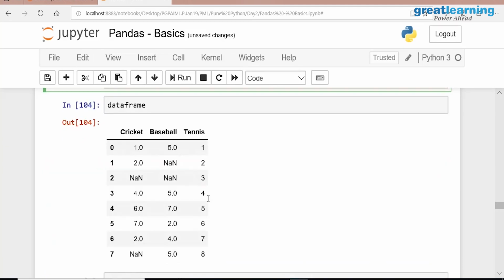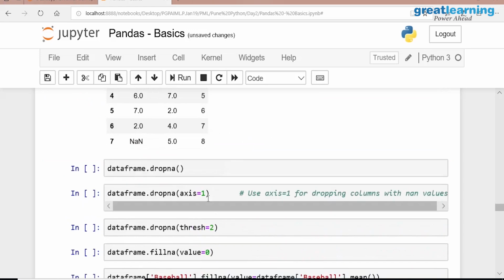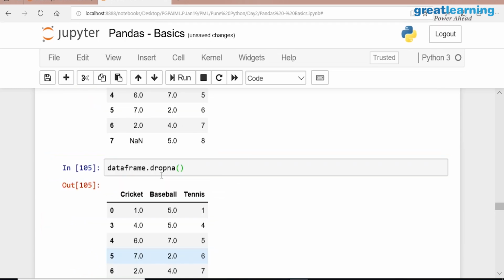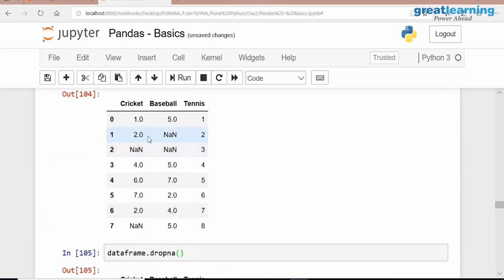But if you have read the data from a text file, you will not know what the missing values are. So simply you can say dropna. That means what will happen now? It will drop every record that has even a single missing value in the row; it will drop that entire row.